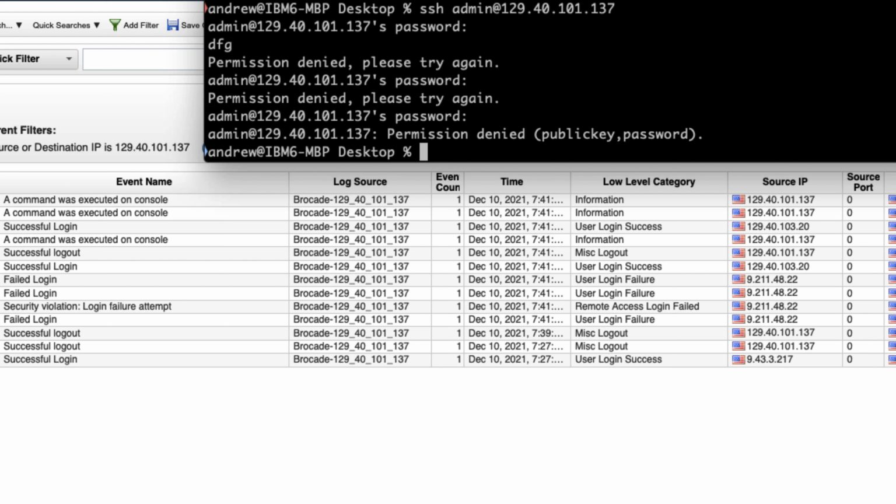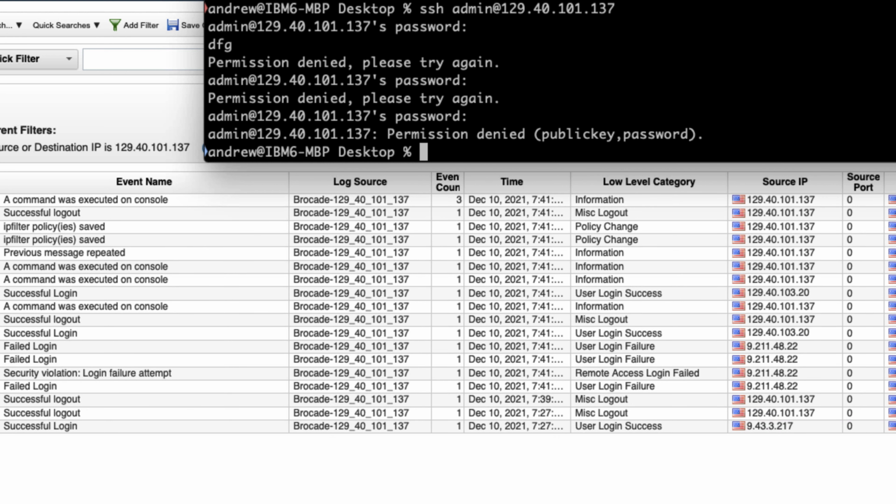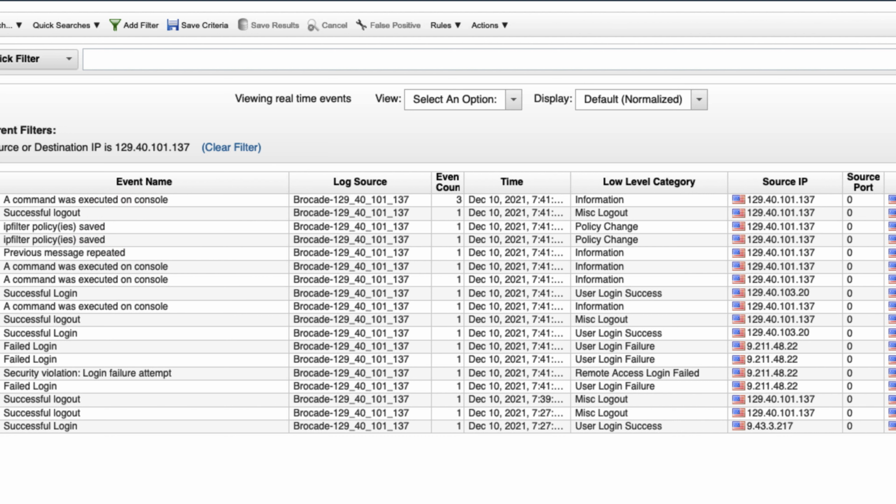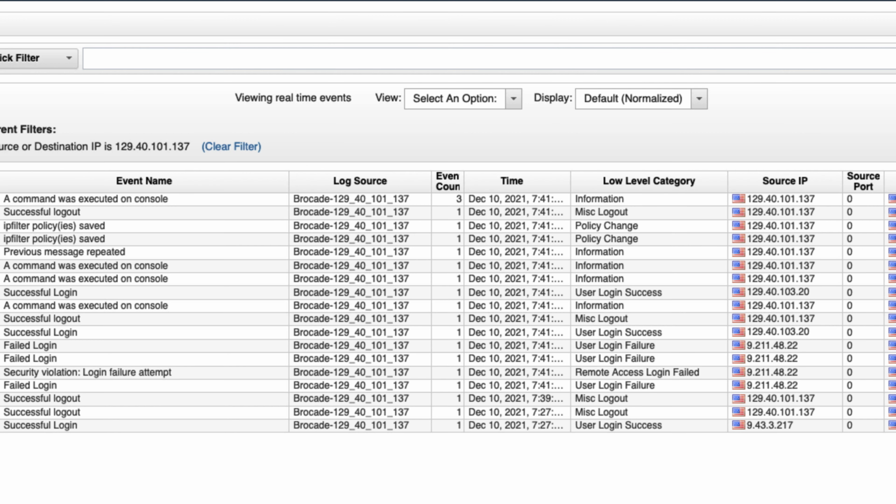Now take a look at the command on the console. This is where QRadar says, wait a second here, this isn't looking so good. I'm actually going to block that person and update the IP filter. So notice where it says here on IP filter, and let's go into a little bit of a deeper dive